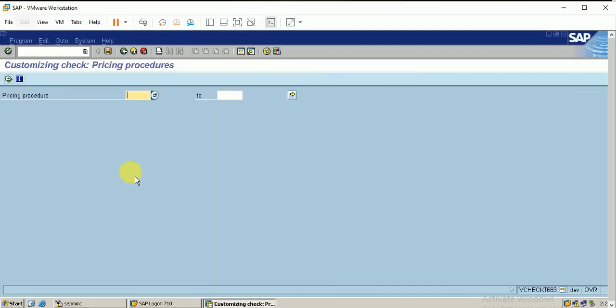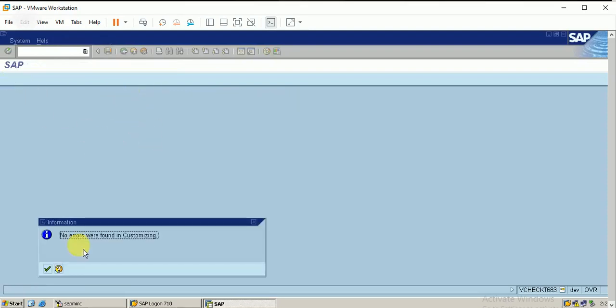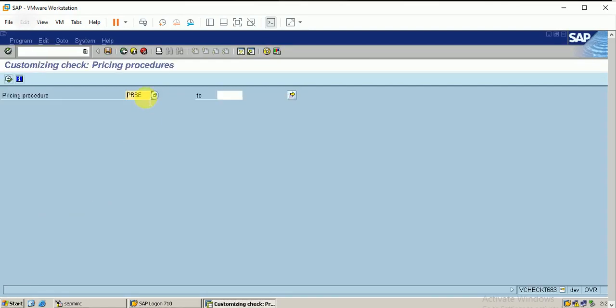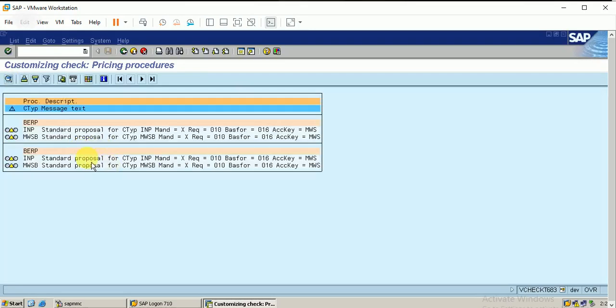Check settings. Let me go to the pricing procedure, that is BERP. So we can check for errors. So there is no error, there is only a warning.